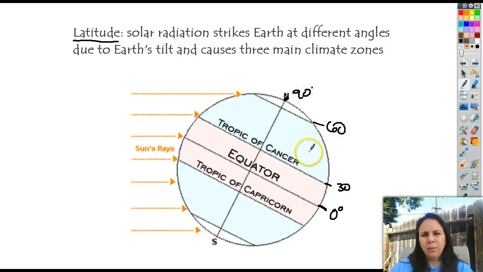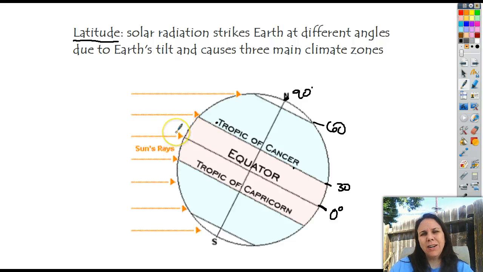There's a bigger distance between 30 and 60 than 0 and 30 just because of the curve of the Earth, so they're a little bit more spread out. But what ends up happening is that because of where you live, we're about 33 degrees latitude, so we're just a tad above this line right here. Where you are in relation to the equator, how far away you are from the equator, and also